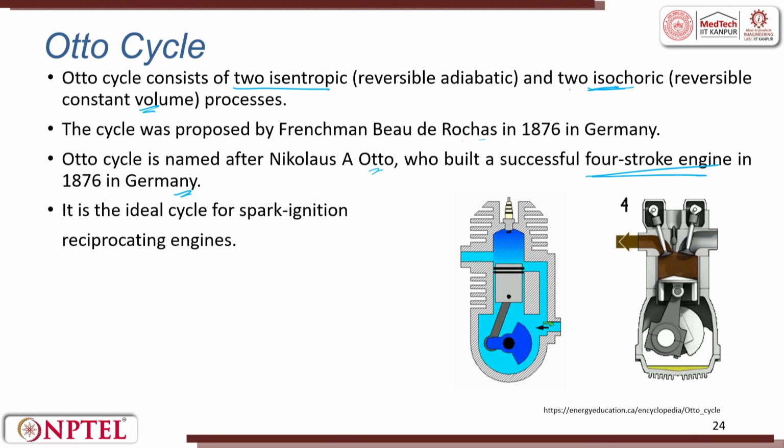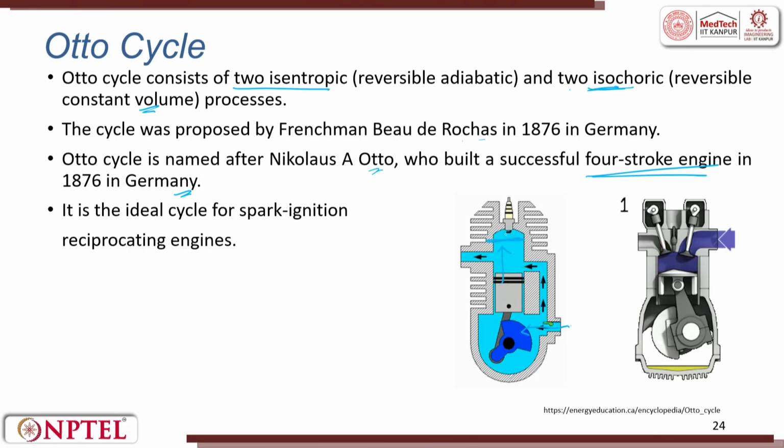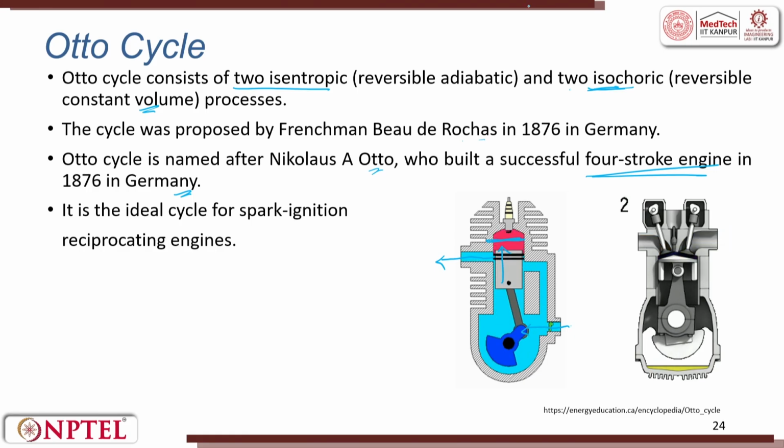If you see here, the inlet of air comes through this, and then the air is getting compressed and moved in front of the piston. Once it comes into the piston zone, the piston compresses the air. The moment it reaches the top dead center, there is a spark. The moment there is a spark, the piston is pushed down and the exhaust gas gets exhausted. It is an ideal cycle of a spark ignition reciprocating engine.